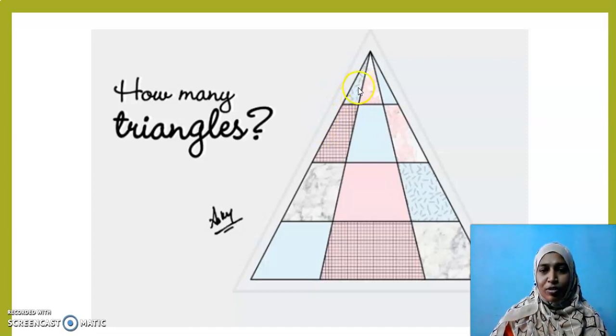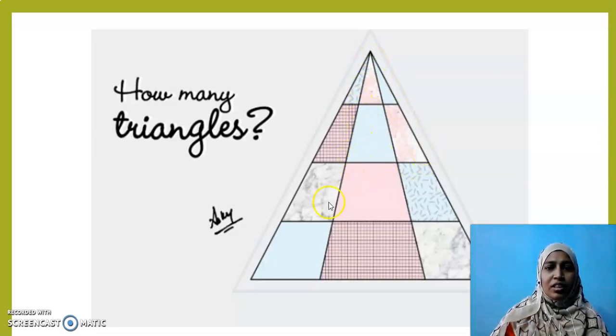How are you counting? Start from the small one, 1, then this 2, 3, 4, then this small one 5, then 6, then 7, 8, here 9, 10, 11, 12. So far we have counted 12. Now I am going to club two triangles together. So this big one, 13, then a bigger one, 14, then 15, 16, over. Then clubbing these two triangles, 17,